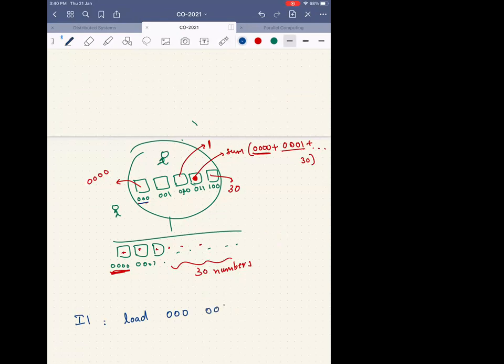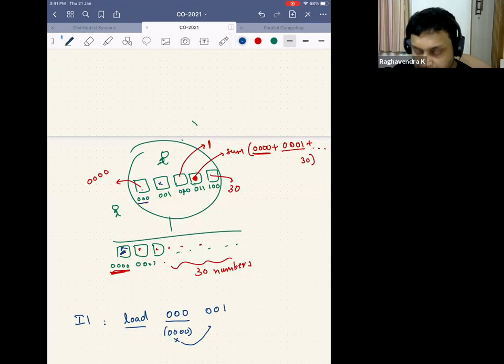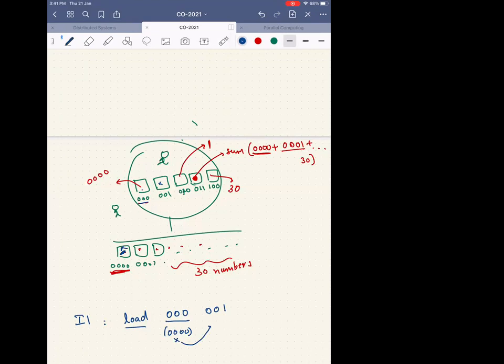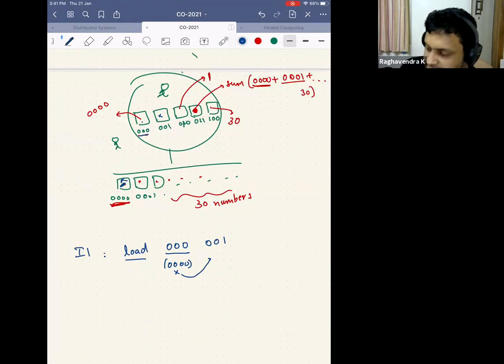Yes, right. So I load whatever is there in this register. So what does this register have? This register has actually 4 zeros. And what is there in 4 zeros? Some number X. So that number X will be loaded into this register. So finally, this register will have X. Did everybody follow till here? Okay. If you are not following, please stop me. I can explain it again. Some of my classes are very slow, but once you understand this, I can guarantee you that you will be able to solve anything that is thrown at you.